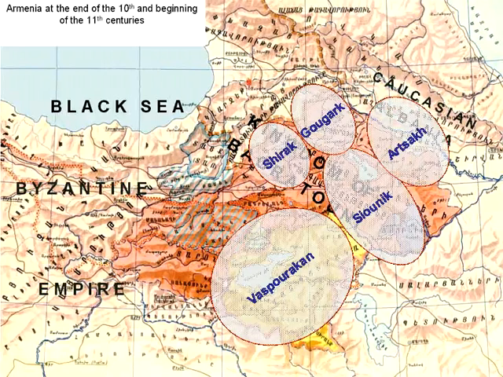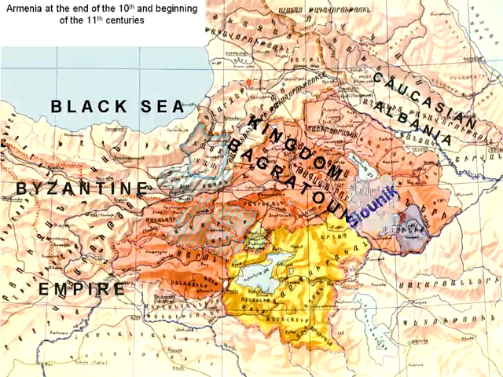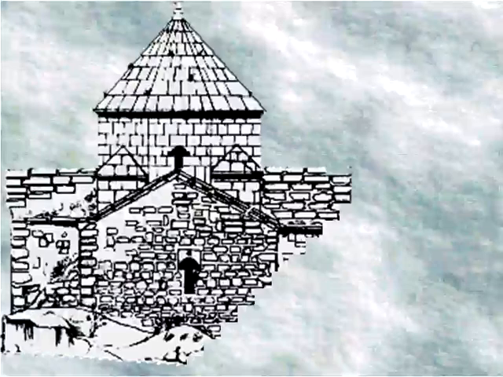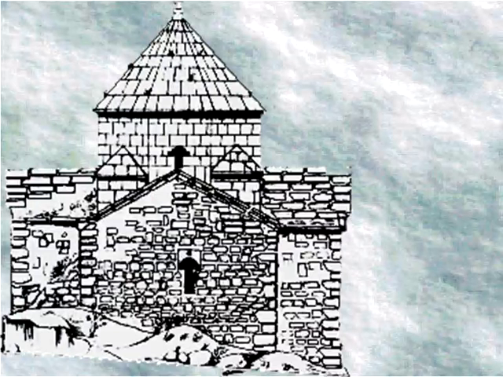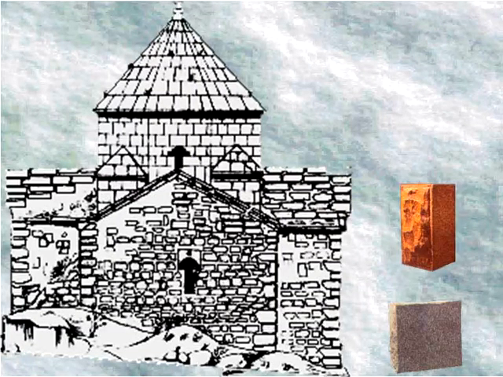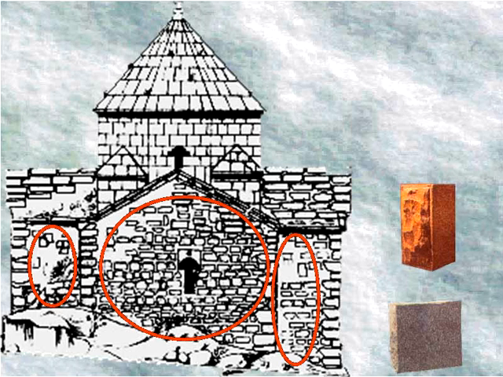The Syunik School of Architecture. One of the distinctive features of the School of Syunik is the employed building technique. Due to the absence of good quality tuff, the builder masters were forced to create a technique where broken basalt and tuff were used together as a building material. Here, one encounters coarsely processed stones, and the more refined ones are used for the building of essential abutments at the corners, arches, and the dome. The chapels of the School of Syunik were first of their kind in the Armenian architecture.